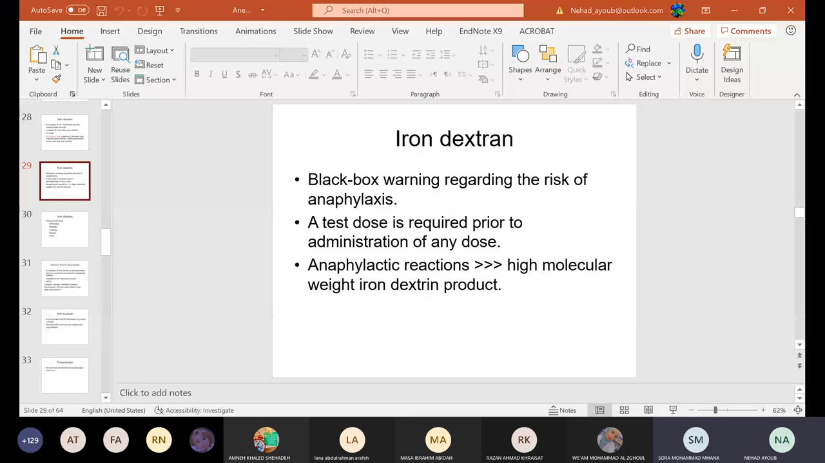Now, if I gave a test dose of iron dextran and it turned out to be safe, and I had no allergic reaction, this does not rule out. This does not mean that during the IV administration there will be no allergic reaction, meaning you have always